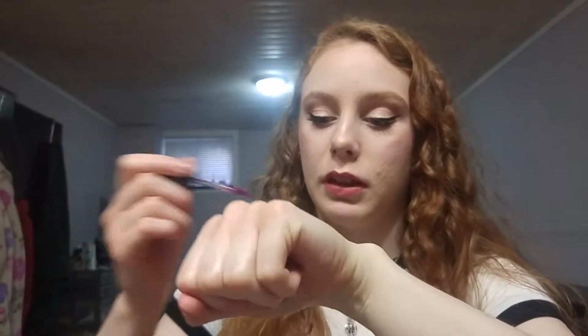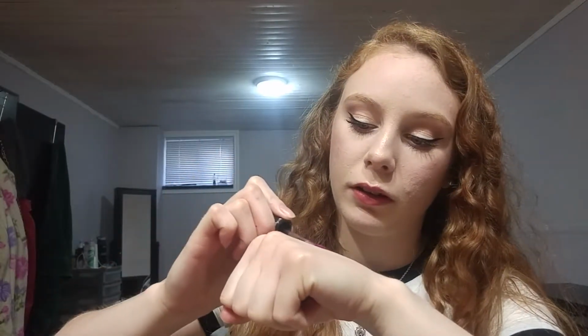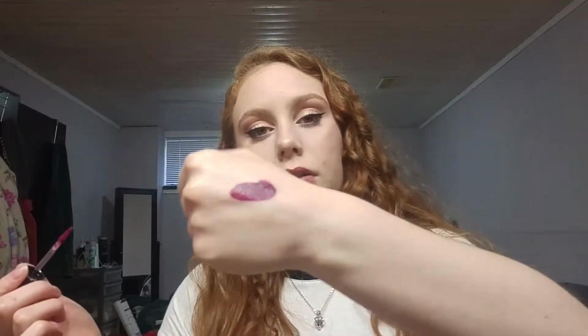So I didn't really do a good job, but it's very pigmented, it's very dark, and I really wanted this dark color for a going out color because I like to wear dark lips when I go out, and I just thought this was the perfect shade because I had this Sephora liquid lip, I forget what they're called, in the shade I think it's called Raspberry Sorbet,